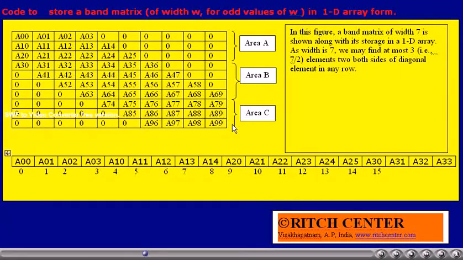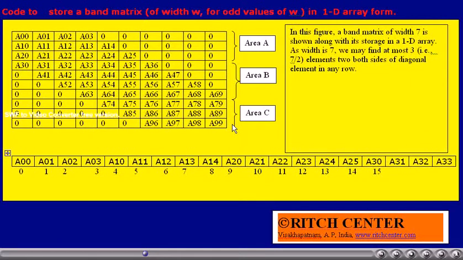Here also we have to have some means of identifying whether the given element belongs to the band or not. That is, if the row and column index of the element of our interest is greater than W by 2, that is d, then we can say that the element is not in the band, it is outside the band, and its value can be outrightly set as 0.